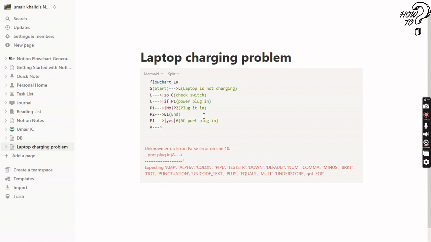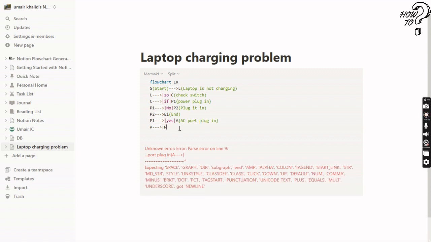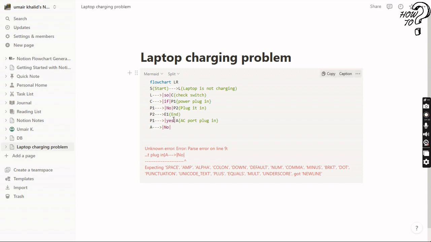And then I will write here P3 because this is also starting from P. It means plug it in if it is not plug in. But first I need to write here no, that if it is not plug in. If it is yes, then AC port plug in, and if it is no,